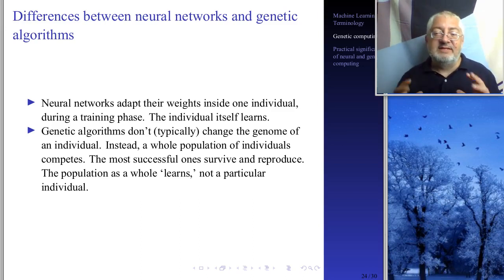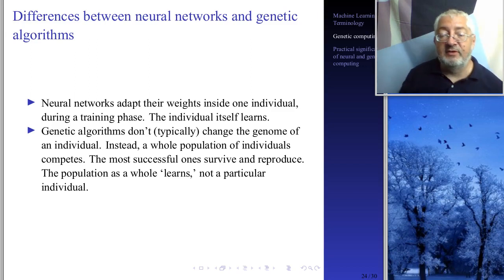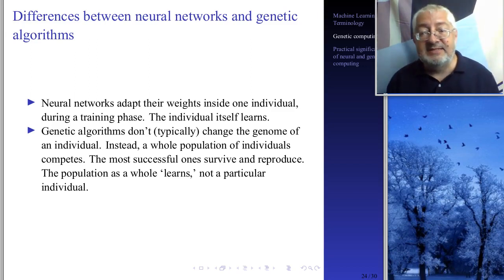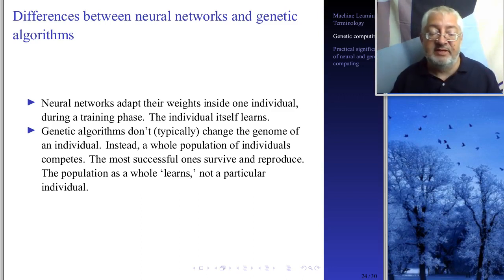So normally the individuals in a genetic algorithm just survive or die. They don't change. They are born with particular traits, and if the traits are beneficial, they survive. If the traits are not beneficial, they die. And this is the difference to neural networks, where normally you have a smaller number of individuals, normally one, because it's difficult to simulate so many neurons and then to do it for different individuals, right? So there you have one individual, and this one evolves. So this is one small difference.